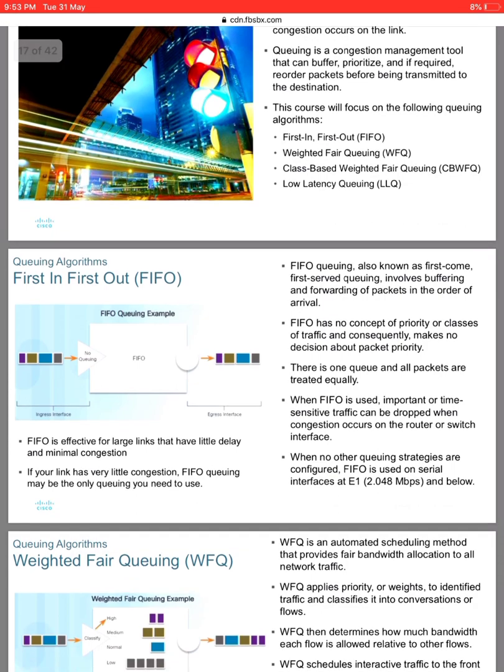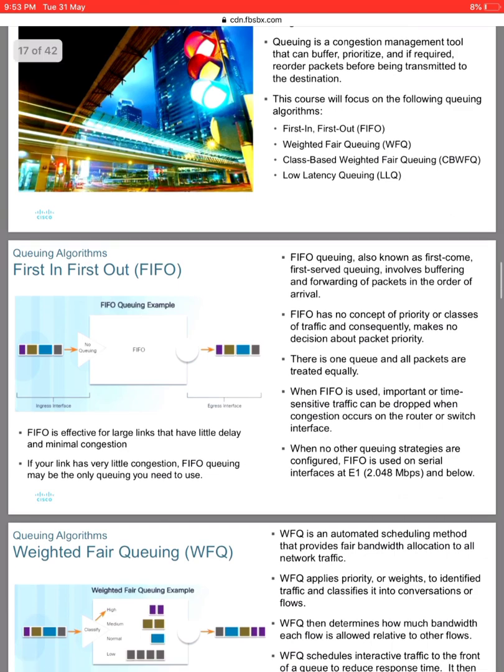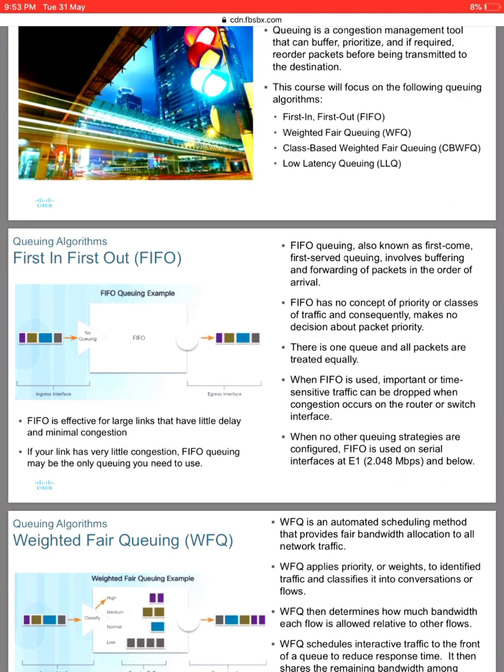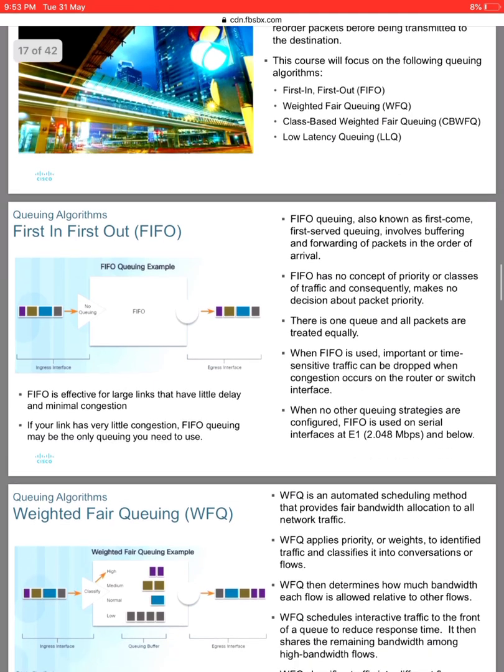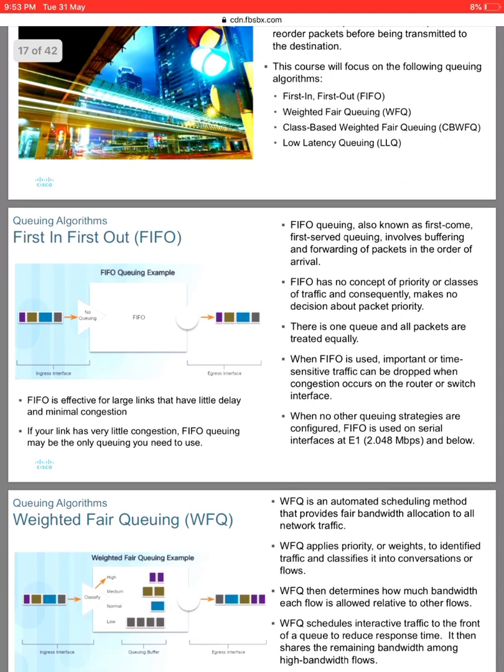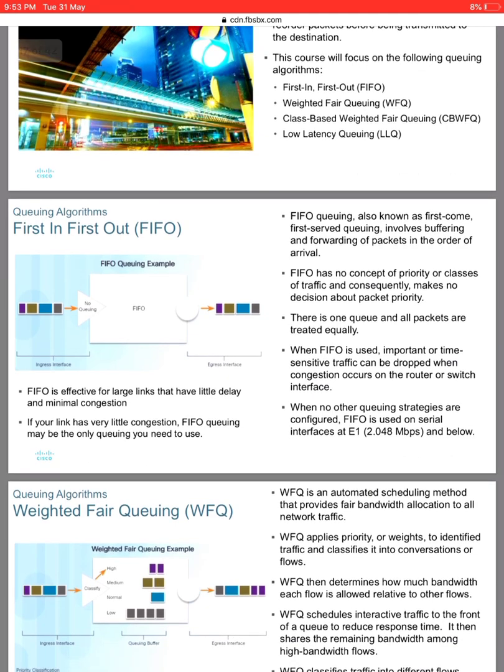I will explain what first in, first out is. For first in, first out, packets enter and exit the queue in the exact same order. Fair queuing is a hashing technique that divides flows into distinct queues, determining how many packets are served at once. Set IP precedence and the DSCP value to define weight.